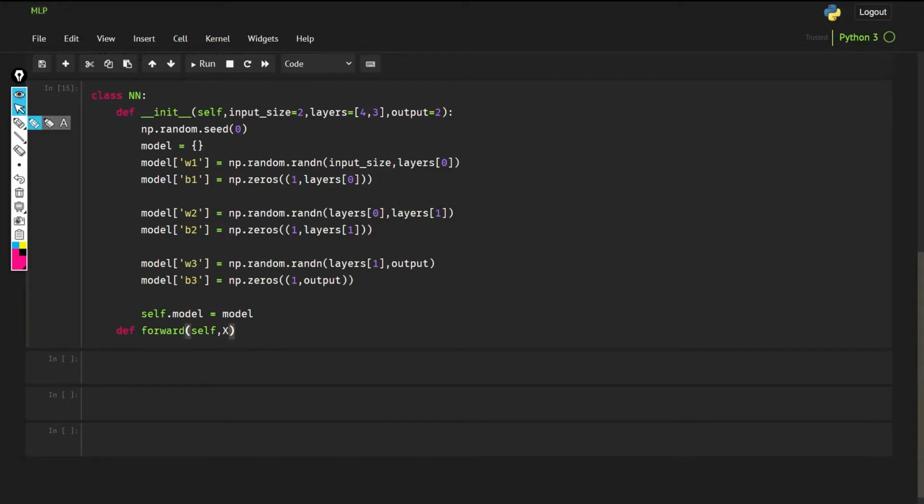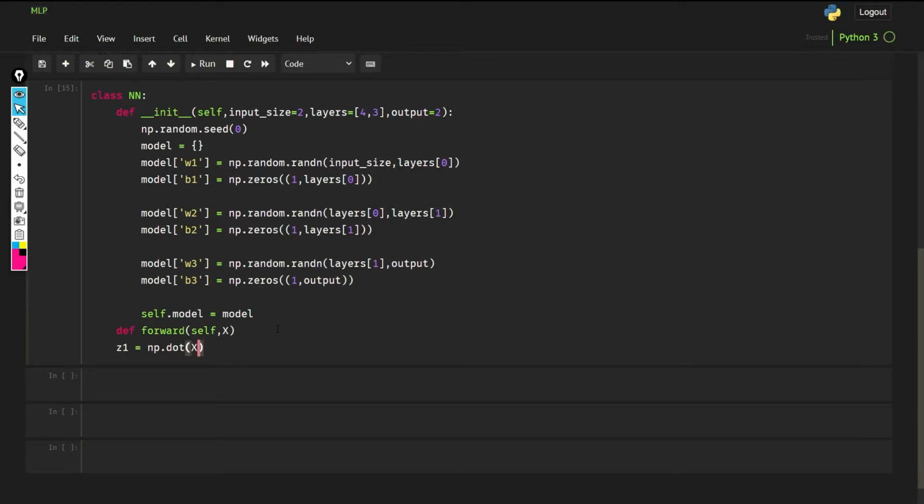So we are going to take our input here. First of all we need to get z1. That z1 is going to be np.dot of x and self.model w1, and then plus